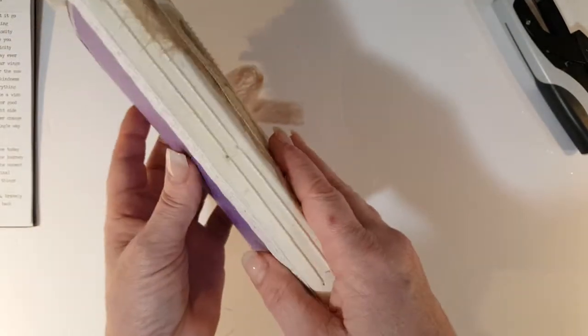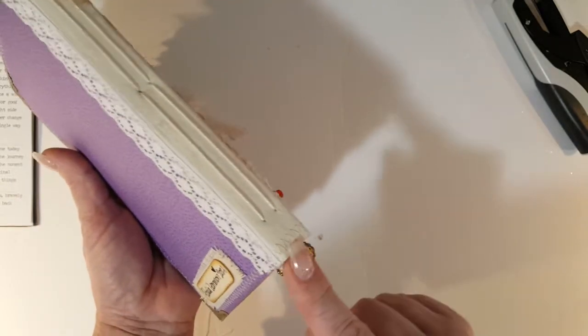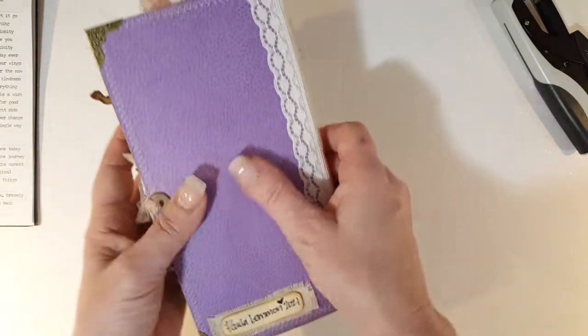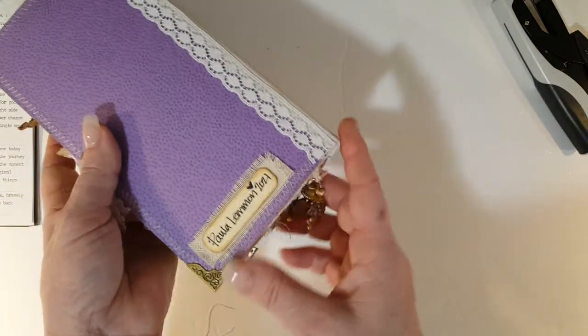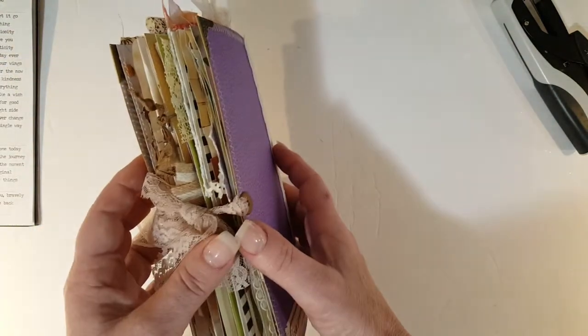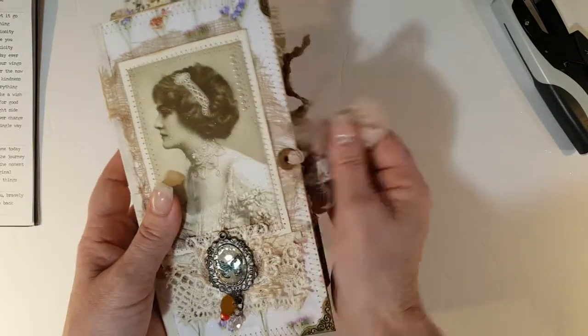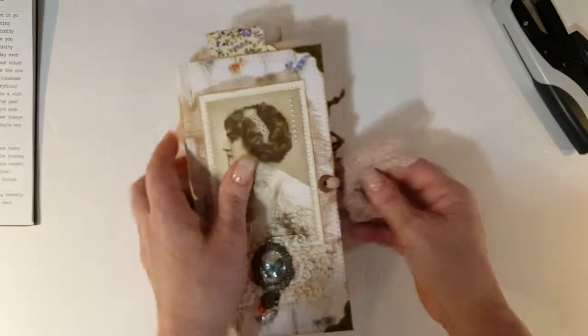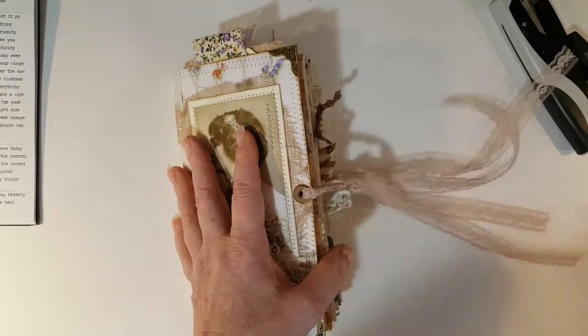And on the spine I used athletic tape and trim, and this is the back, and she has the hard corners on her and some lace as a closure. And she's only, she's two signatures, sorry. Yeah. And inside,